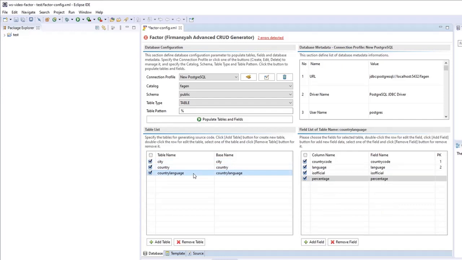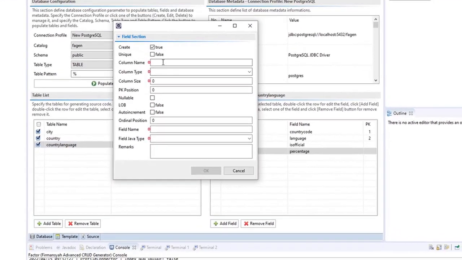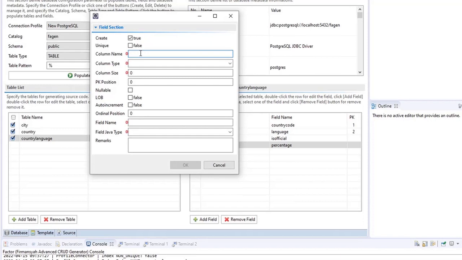Okay, so if we want to add an additional column for a specific table, we can click this add field, and then we can put any column name in here.